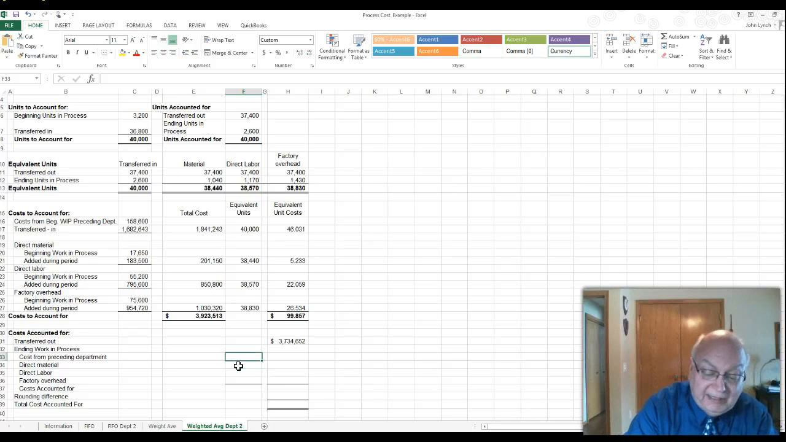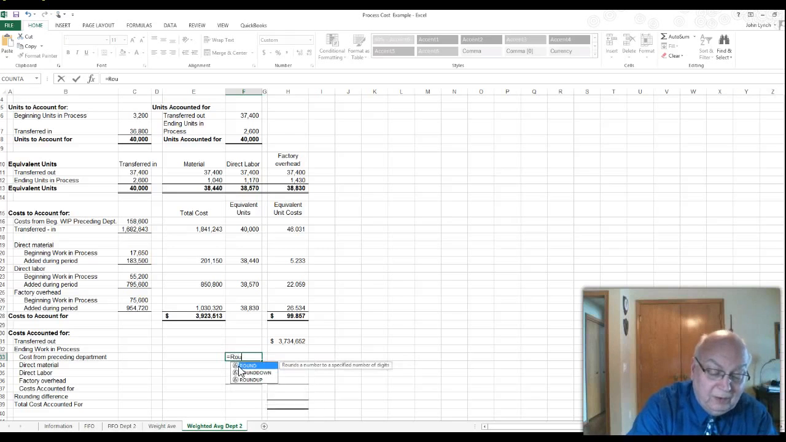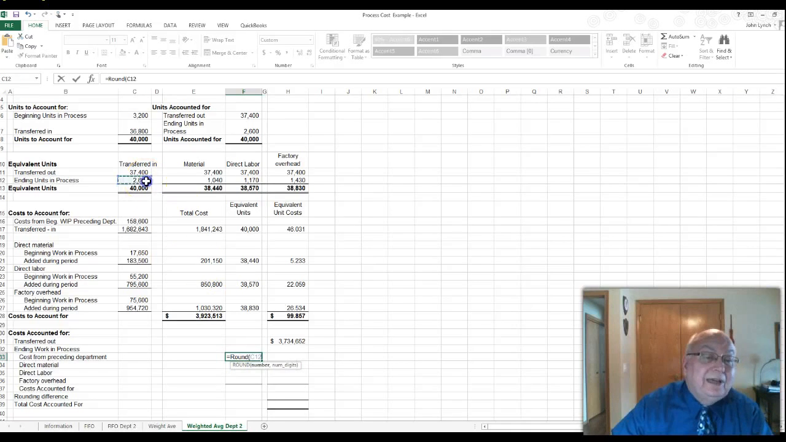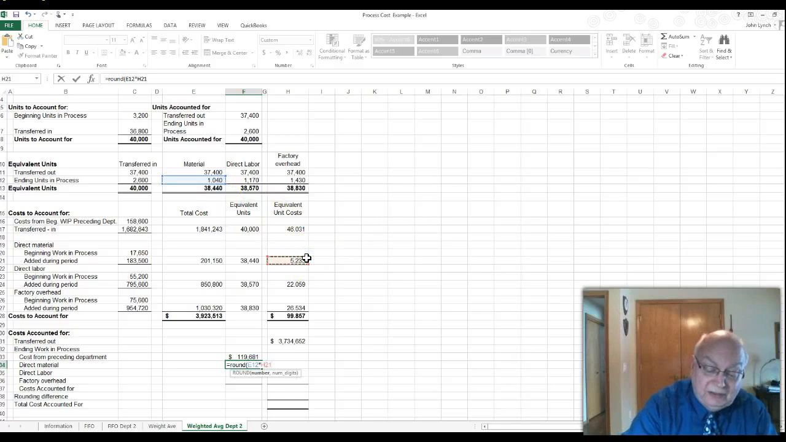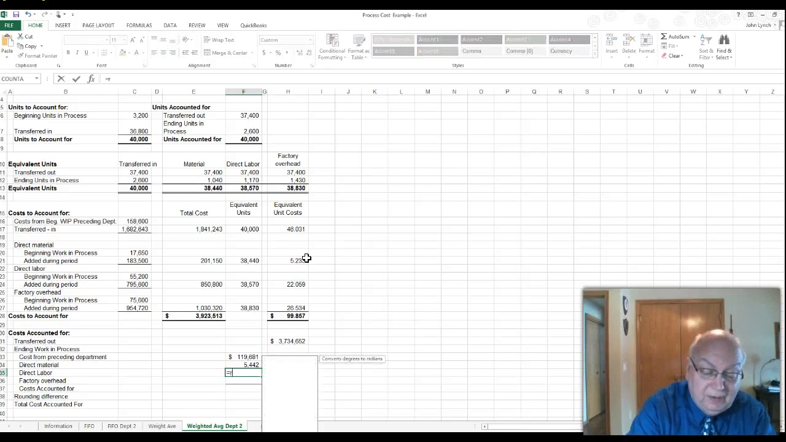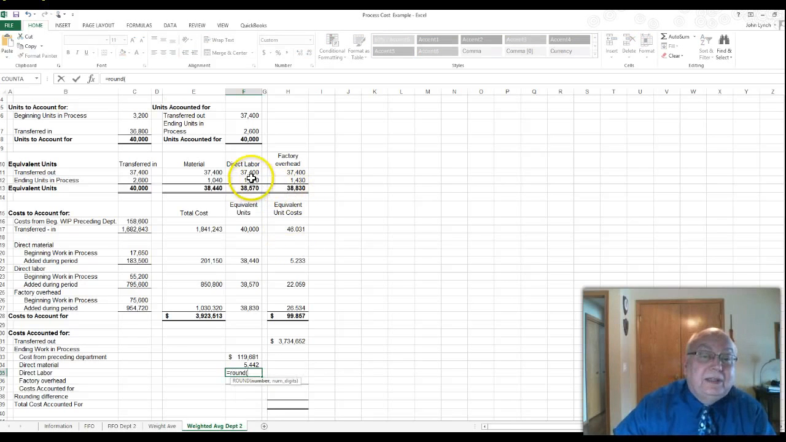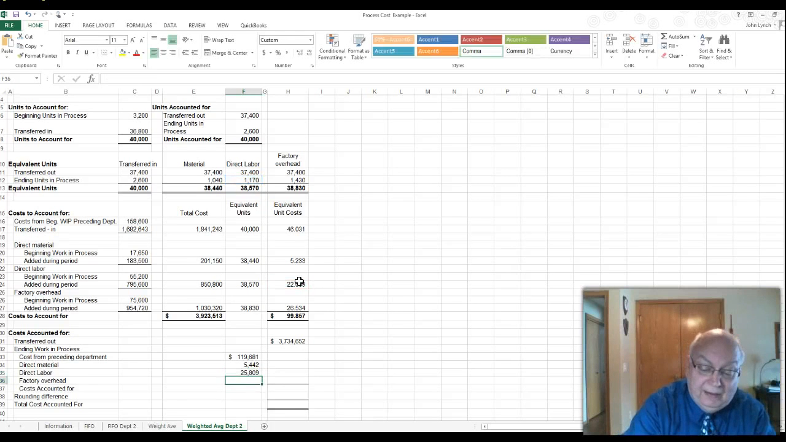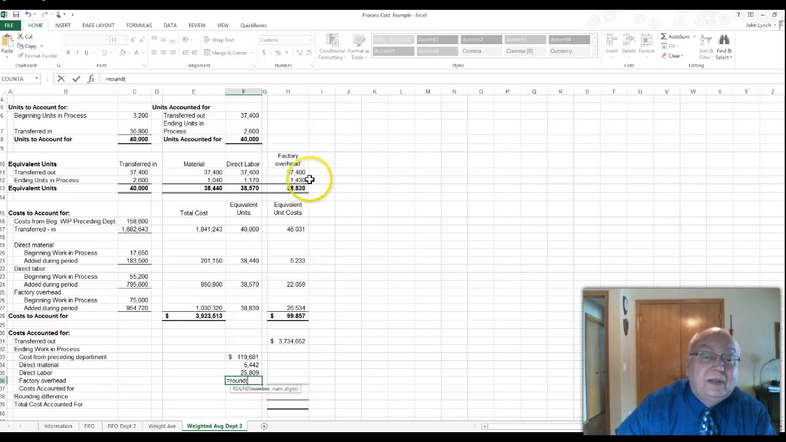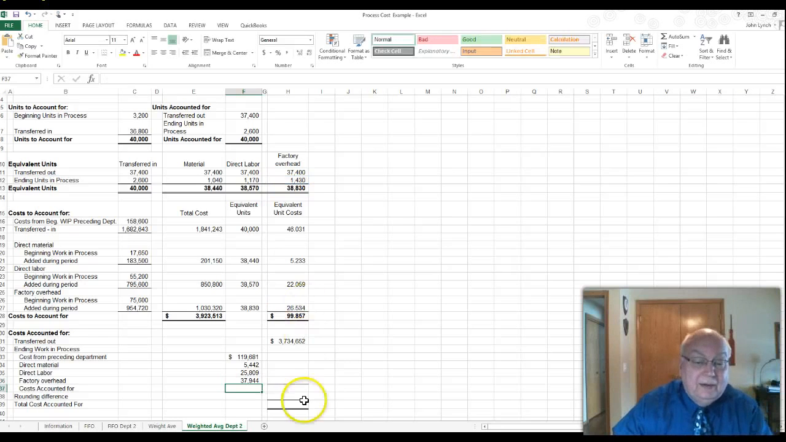Okay, direct materials equal, oops, let's not do that. Let's go up 1. Cost from preceding department. Okay, it's equal, ROUND. Preceding department, that was transferred in, that's the 2,600, times the 46,0, okay, equal, round, that's the 1040, times, this is the material cost, comma 0, okay, equal, round, this is the 1170 times the 22, comma 0, and last one for the factory overhead is the 1430 times the 26, comma 0,